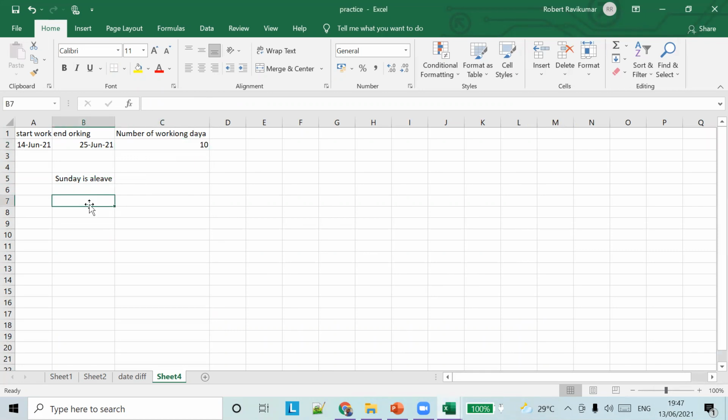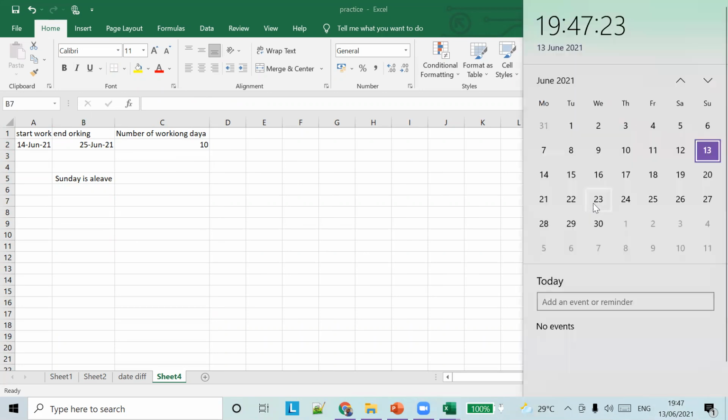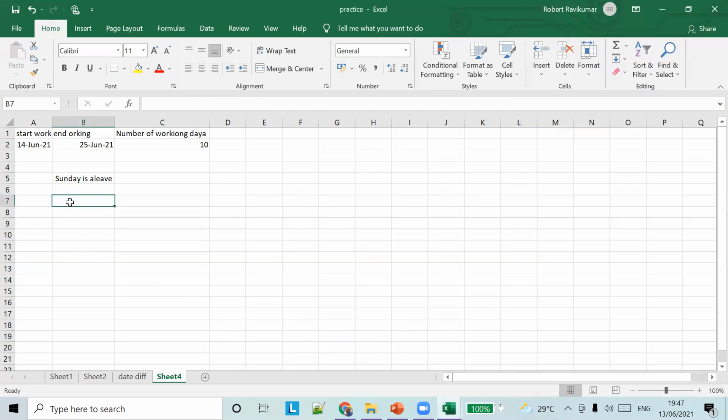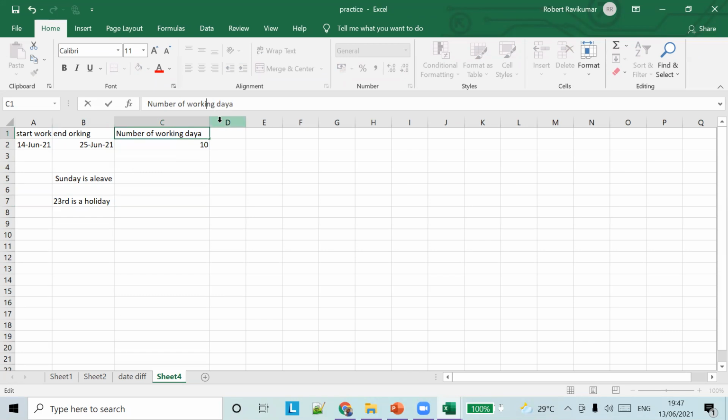So let's say there is a holiday on 23rd June 2021. Then the formula is wrong, right? So what can we do in this case?